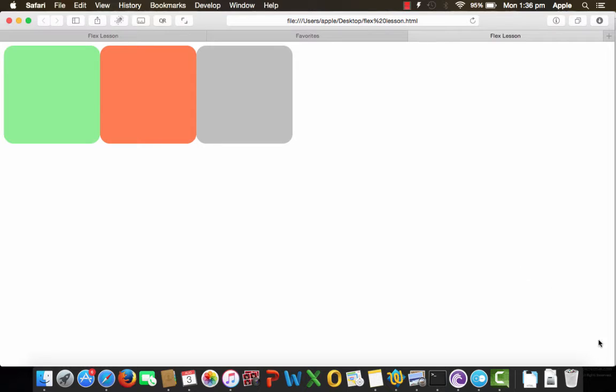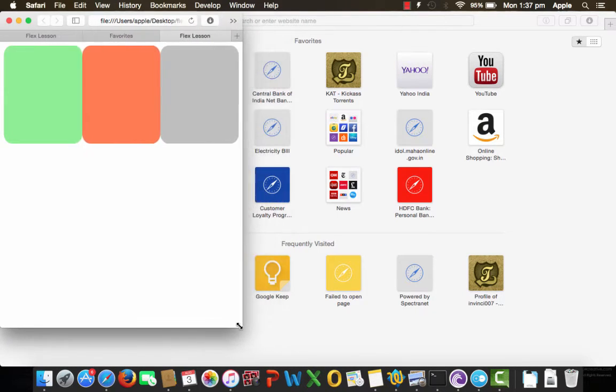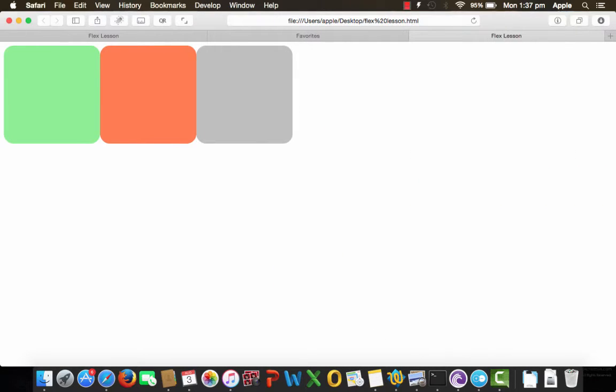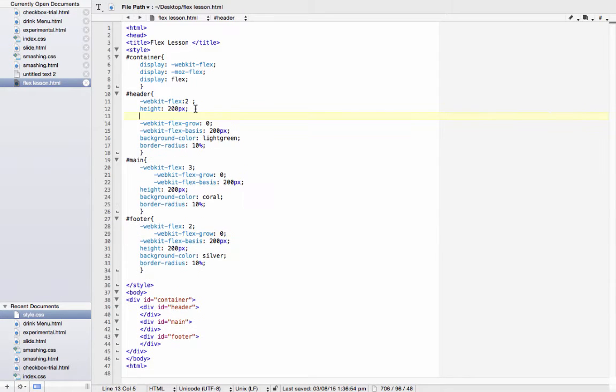See, it's not growing. But you can see if I reduce the size of the browser, it is shrinking. It is still shrinking. Now to control the shrink of the flex item, you can use flex shrink. WebKit flex shrink. Okay, and similarly, if you set it to 0, it will not shrink. If you set it to 1, it will shrink. And if you increase the number, it will shrink that many times faster compared to other items. So let's make shrink 0 to see the changes,